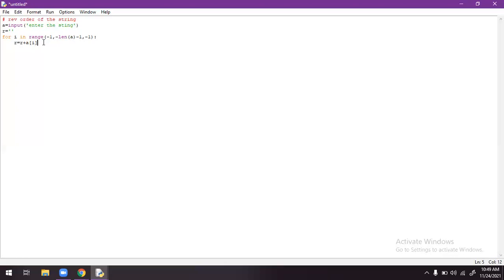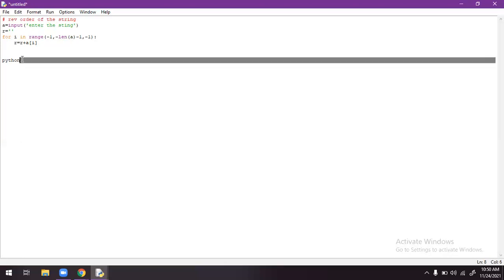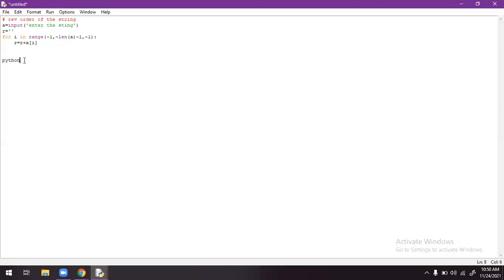So as I'm taking Python now, n represents -1, the index value for n is -1. This is called the first iteration. If you decrease the value by 1, -1 becomes -2.